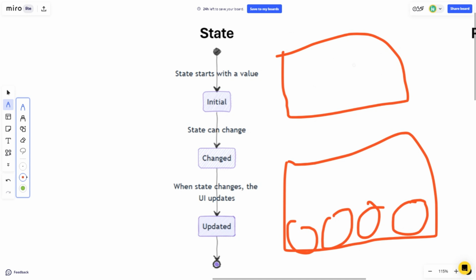When the state changes, it will have some values, some changes in it. Initially, this state or box was empty. When this state changed, updated, it now has some values, or you can see some elements. That is called state. State has some initial value. State can change. When it changes, it has some updated value.